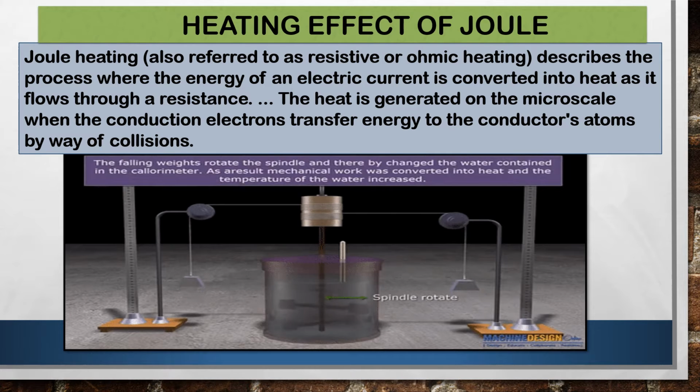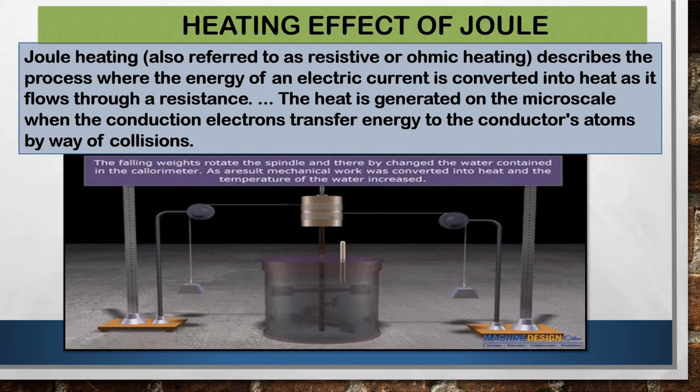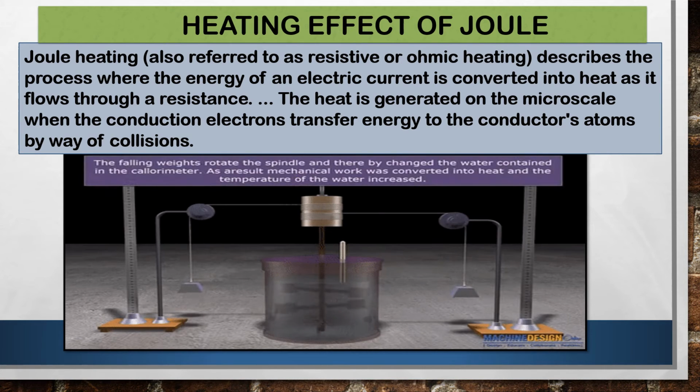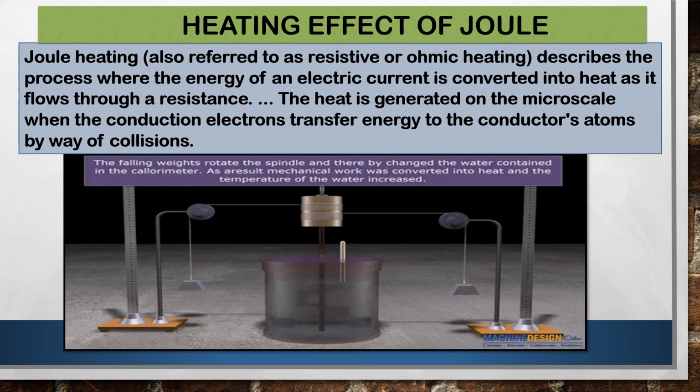Now see these two. This is one piston, this is another piston. See, height is decreasing. That means work has been done. That means work is completely converted into heat. See, one thermometer has also been inserted over here in the calorimeter, because this thermometer will measure the temperature of the calorimeter.